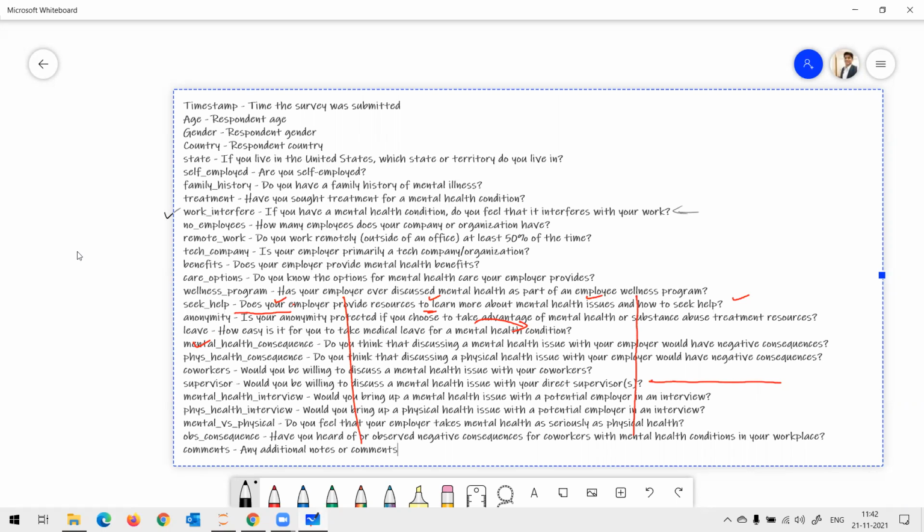That is the question. Basically, who answers this question? People who have mental health conditions, only they answer, right? The ones who have it.